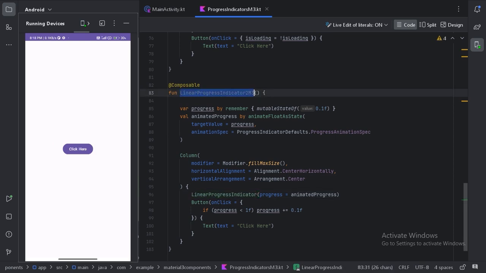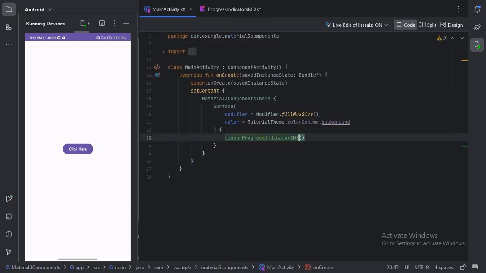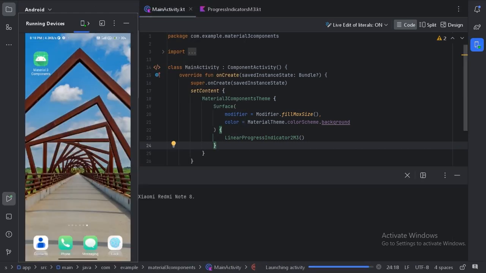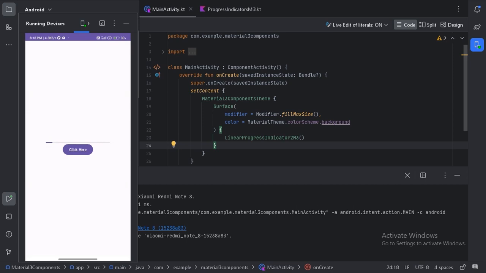Now let's call this function in our main activity and run our app. Here this is our linear progress indicator. Initially the value is 10%. When I click on this, it will be updated by 10%. This is how it will update the progress.